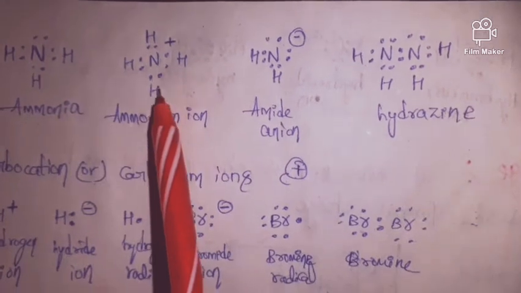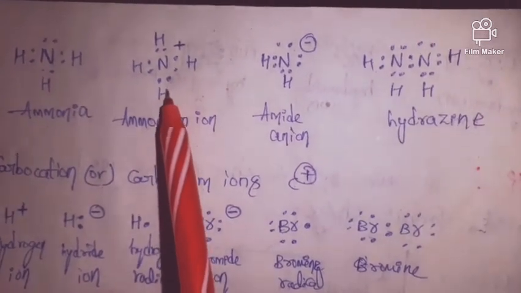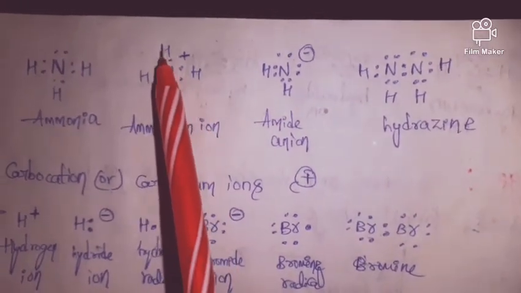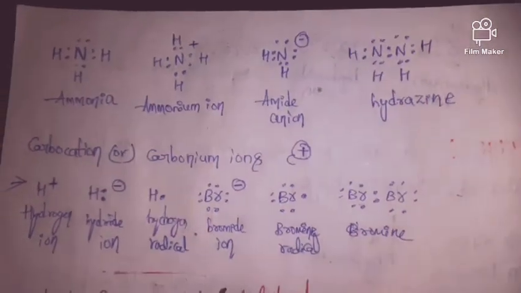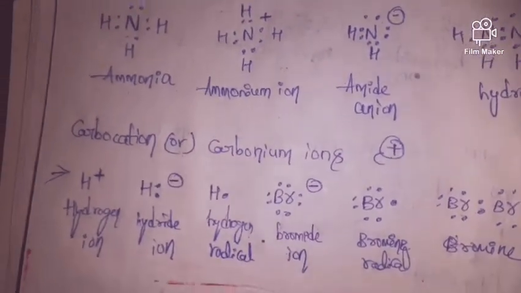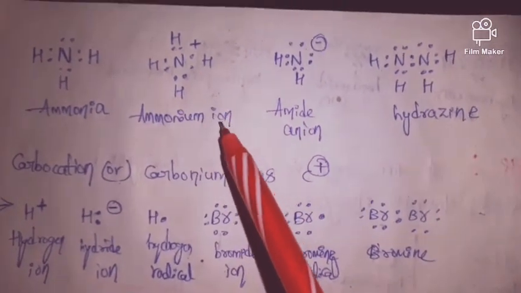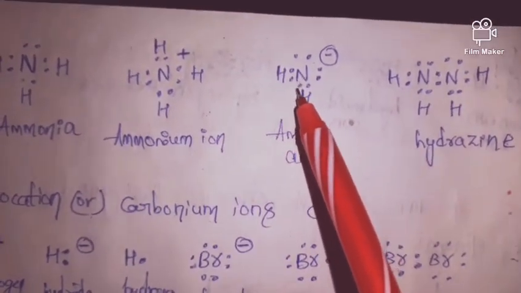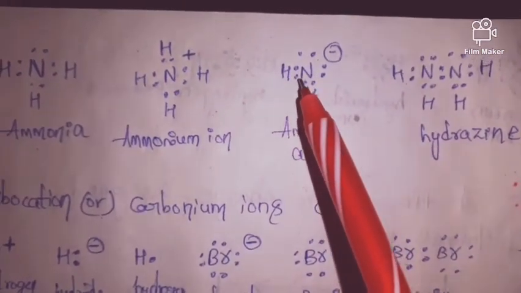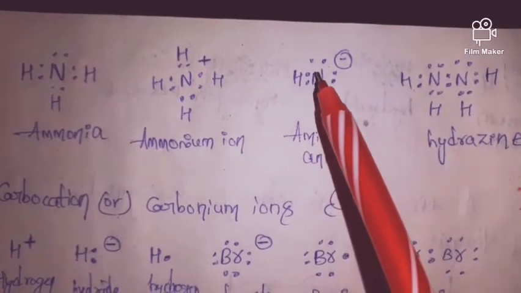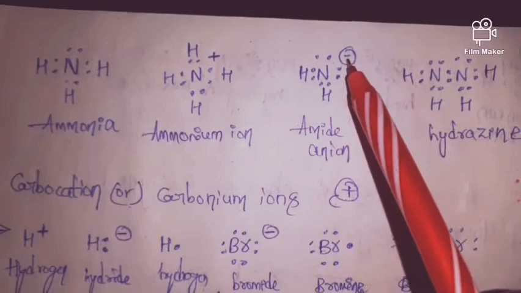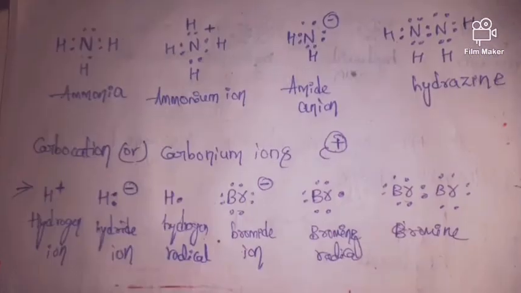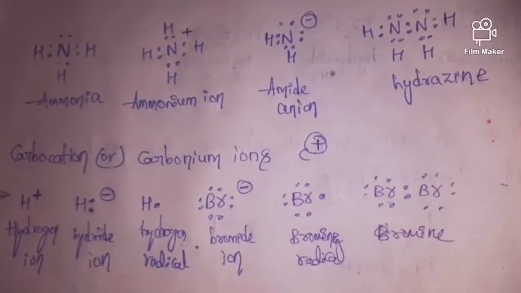Single bond means two electrons, which means sharing of electrons will occur. So here nitrogen will get how many electrons? 1, 2, 3, 4. We know the valency of nitrogen is 5, so here we have represented the positive charge. Next, if we observe this, the valency of nitrogen is 5. Let us observe: 1, 2, 3, 4, 5. So here the valency is satisfied.